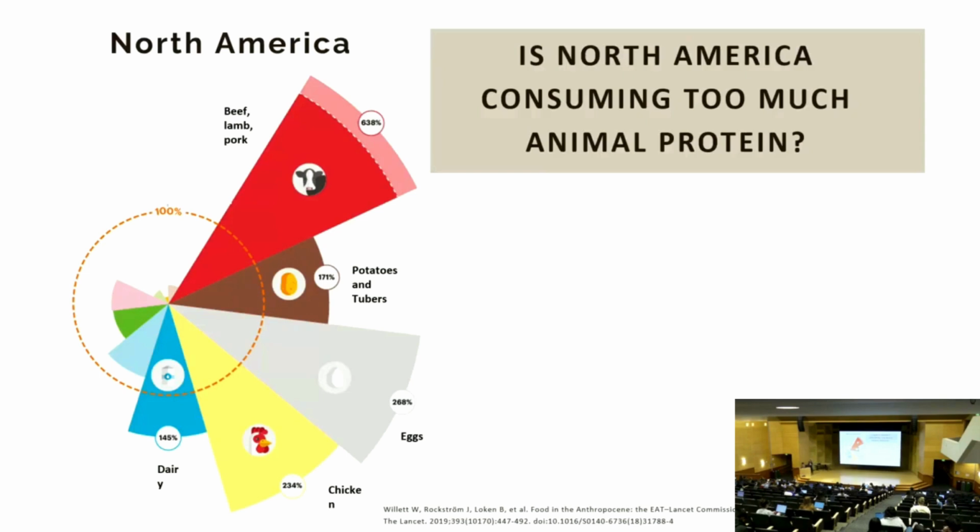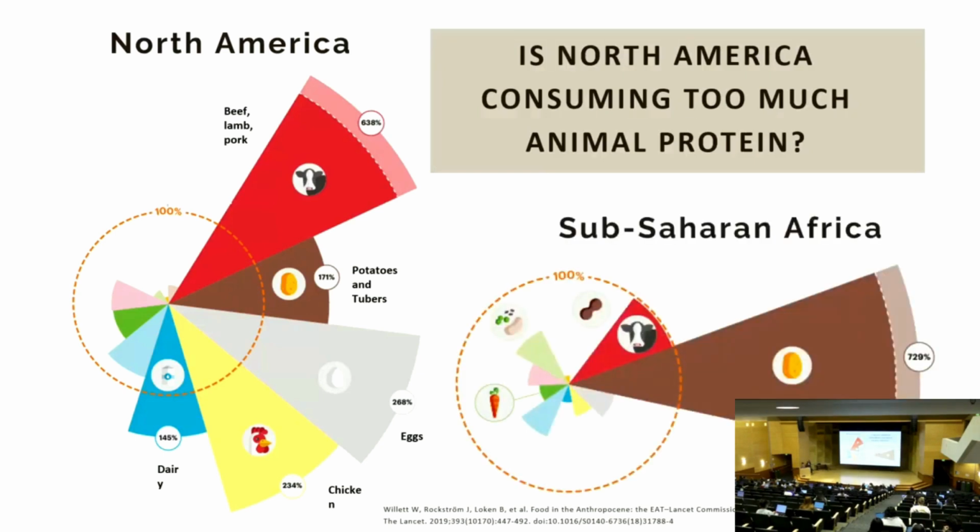So this visual from the Eat Lancet Commission would indicate that North America has swayed really heavily on the animal source protein. This is in contrast to what we see in Sub-Saharan Africa using these same analyses, where all of those animal source proteins are within or well under what the planetary system boundary is, except for potatoes and tubers, much of which falls into this category includes cassava, yams, sweet potatoes, and those sorts of tubers that are more locally available.